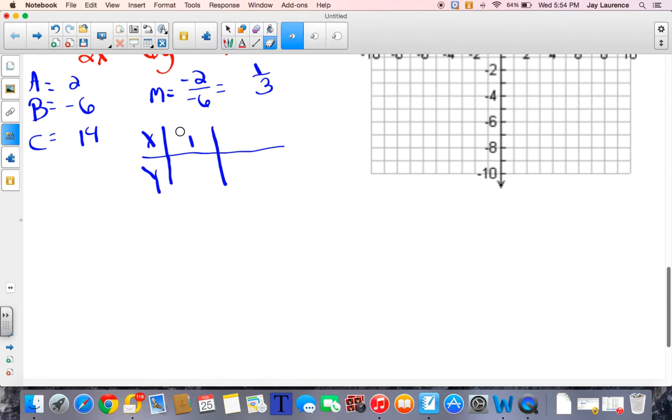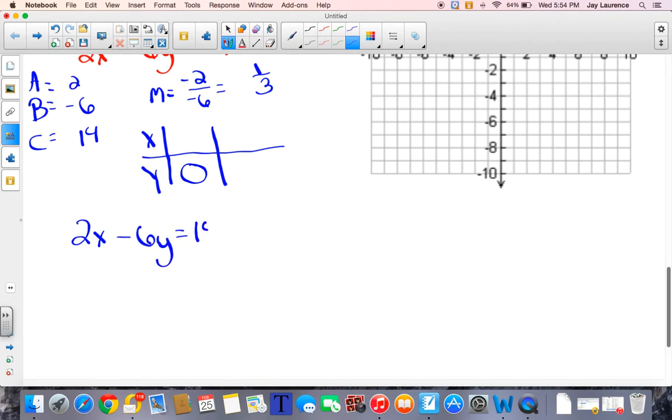Let me get rid of that 7 here. Since 2 goes into 14 evenly, I'm going to find the x-intercept. How do I know it's the x-intercept? Because 2 is attached to x. So I'm going to go 2x plus, well, actually minus 6y